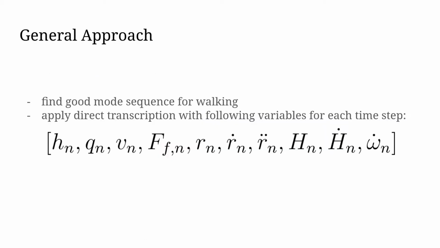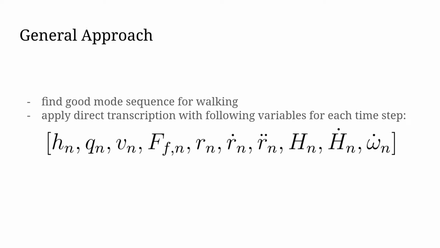Our general approach to this problem was to use direct transcription. We initially used the pre-specified contact mode sequence to find the trajectory for walking across the platform. In the order shown on the slide, our variables were the time step, generalized positions, generalized velocities, contact forces between